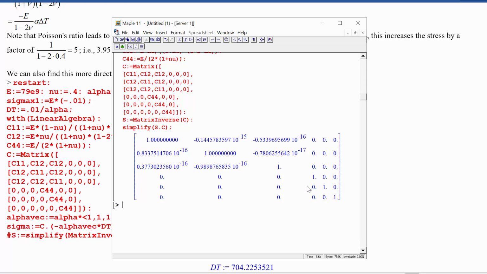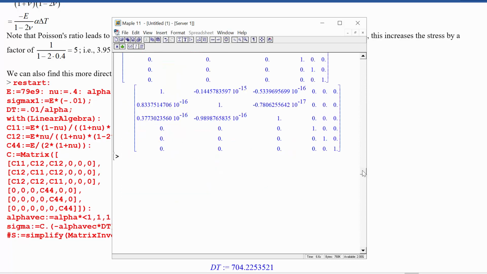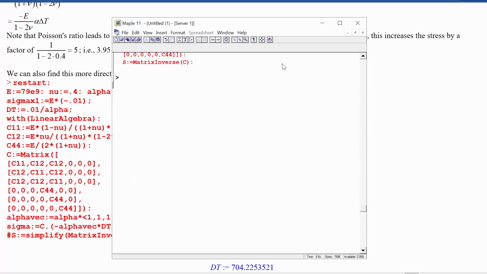So it identified that some things were basically 1. Simplifying more than once doesn't do anything, does it? You've got to play around, right? You've got to try some stuff when it comes to computer things like this to see if you can get things to work. Okay, right. So what we want to do